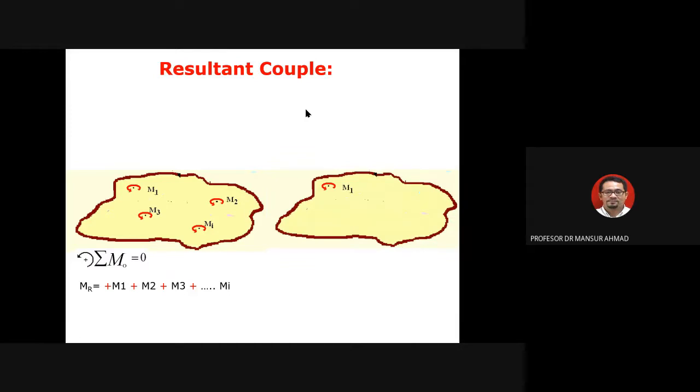Okay, if you have the position altered, saya ubahkan dia punya kedudukan. Moment 1 saya tempat yang sama, moment 2 saya ubahkan, moment 3 and moment I. Ya, saya ubahkan kedudukan dia. Still the answer is the same. The summing of moment at any point, jawapan dia masih sama juga. So that's what I mean by the resultant moment. You don't mind with the position. The resultant of moment is always the same.